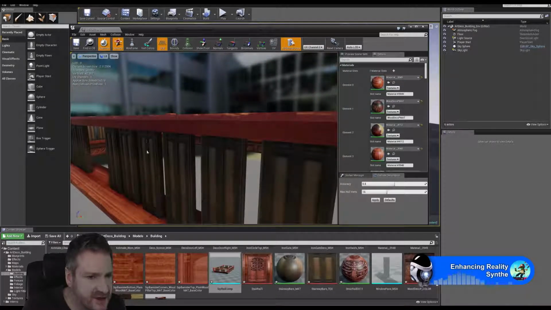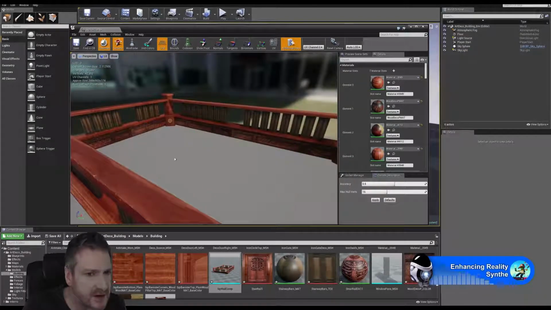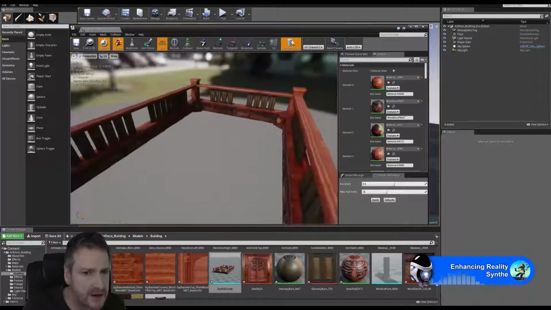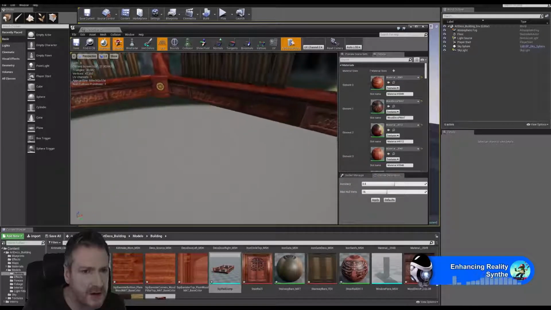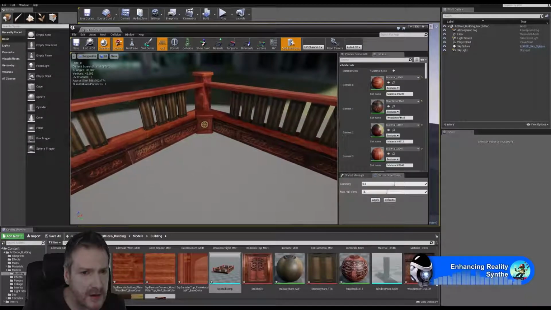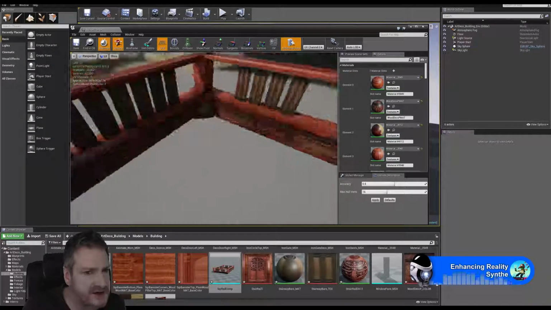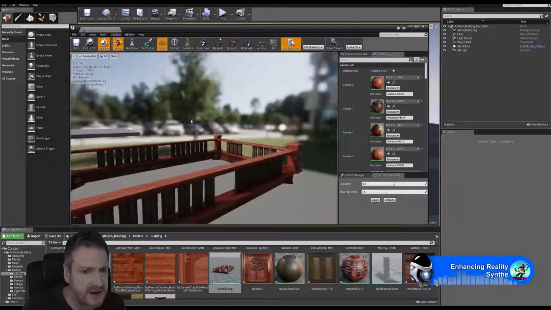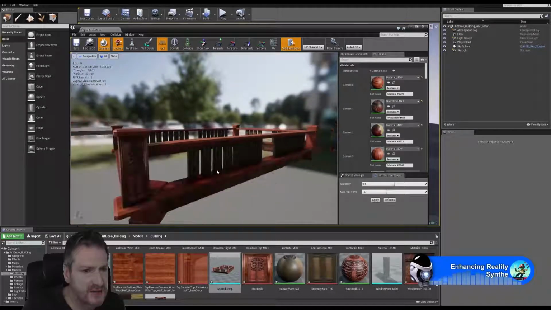We can see the definition we put into the railing sections to make them look a bit more three-dimensional. And we have our decorative corner pieces here. I do still want to check the